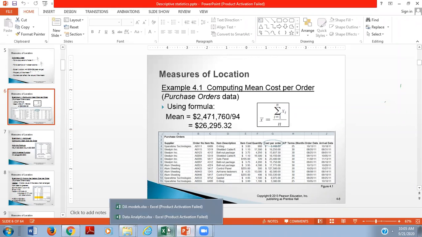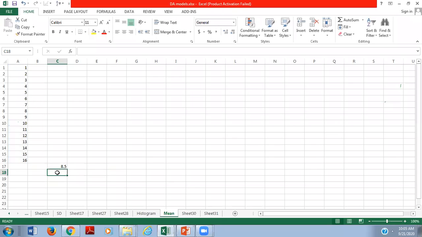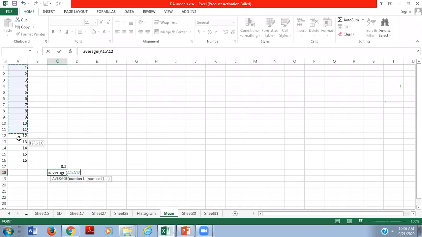Now one more formula is there in Excel statistics, where we just put an equal to sign, then type average, then bracket start, then define the range, close the bracket, then enter.